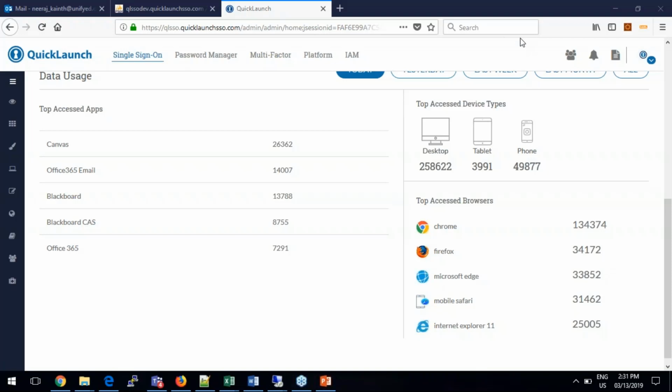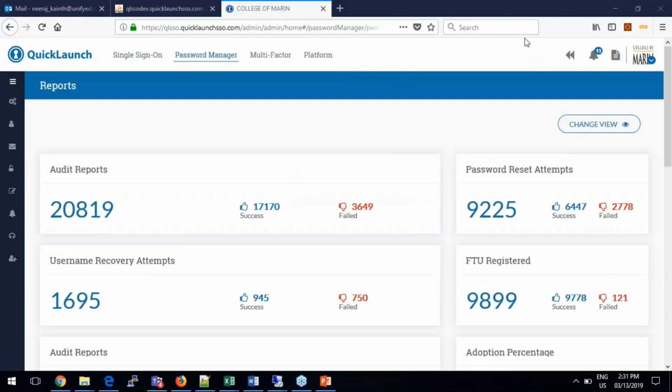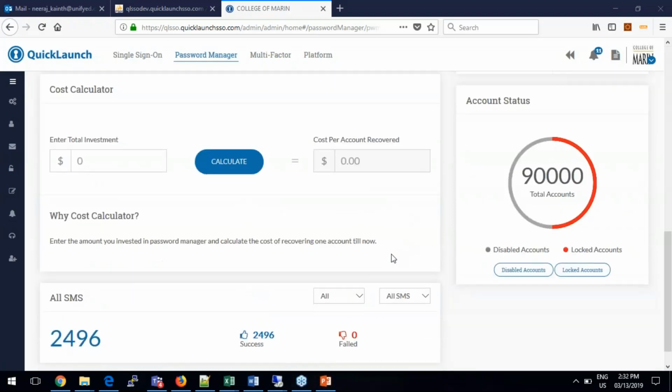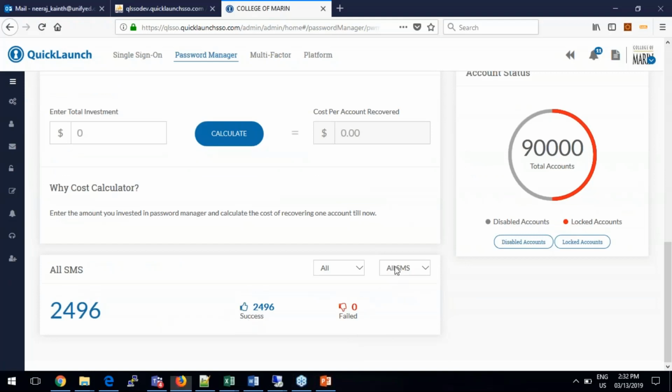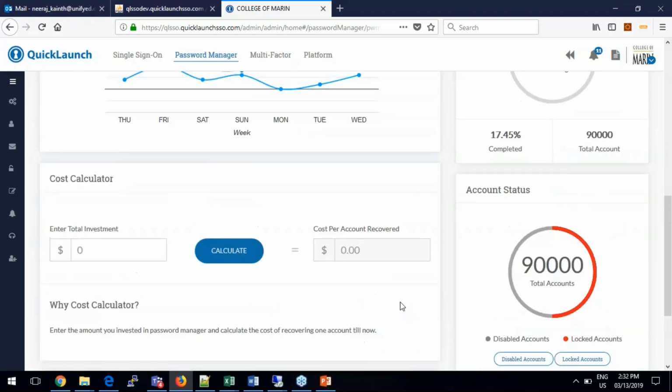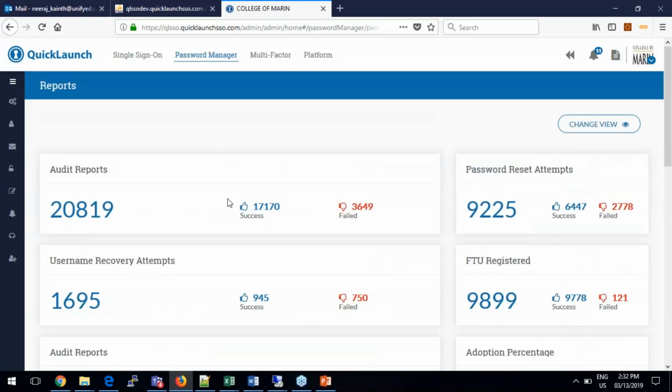And what you're going to see is, again, lots of insights with regards to who has changed their password successfully, who has failed to change, and why they failed to change. It will also give you metrics of, is SMS working really well or not? Because that should have 100% reliability provided we have phone numbers. So that also gives your help desk the ability to monitor and maintain which factors are really working for the institution